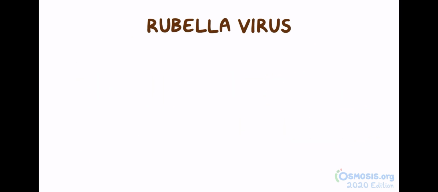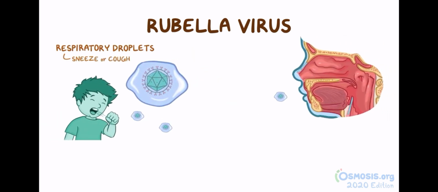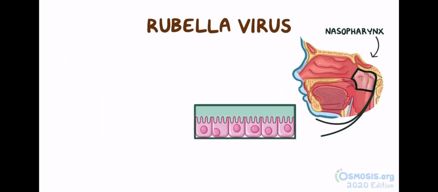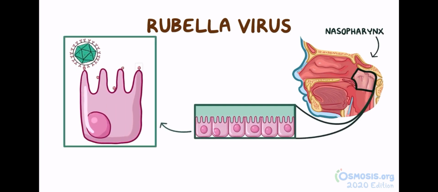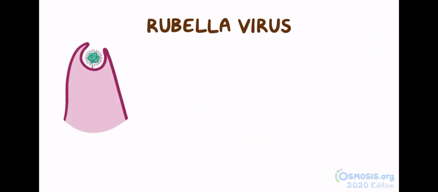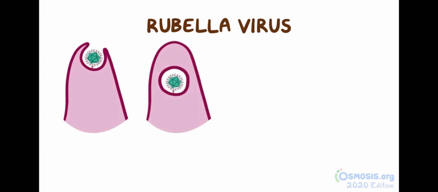Now, the rubella virus is transmitted through respiratory droplets, which are released into the environment when you sneeze or cough on another person. Within the nasopharynx mucous membrane, the virus binds to a specific receptor on the membrane of epithelial cells. It's then surrounded by a little section of cell membrane that pinches off to form an endosome that's then brought into the cell. The low pH in the endosome uncoats the viral RNA, and the virus causes changes to the